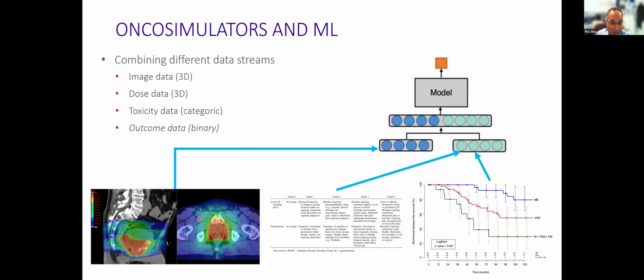And you then have to work out, well, how do I build analytics pipelines to join all these things together? And then also, do I join all of these things together in one enormous machine learning model where all of the inputs come in at the same time, which is called early fusion of a machine learning model? Or do I join them in what's called a late fusion model, where I take each data set and try and simplify it with a simple machine learning model, or perhaps an oncosimulator, to generate slightly simpler output data? And that's called a late fusion model. So you do little bits of machine learning in mini models, and then you feed them up to the mother of all models to make your final prediction, basically.